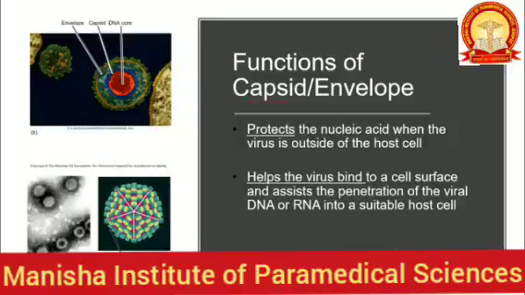Now what are the functions of capsid and envelope? I just mentioned it. The capsid protects the nucleic acid material from external damage. And the envelope helps the virus to fuse with another healthy host, and also it has some role in tissue specificity if the envelope contains spike.